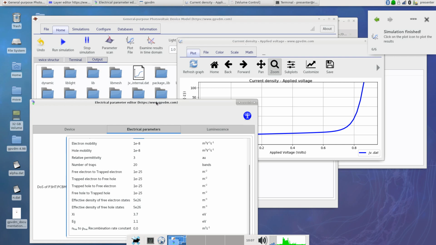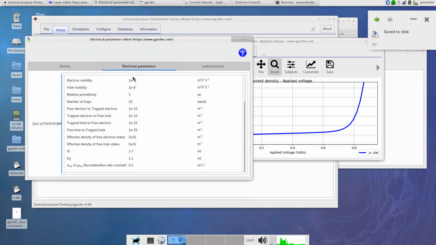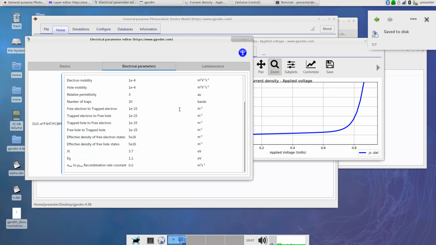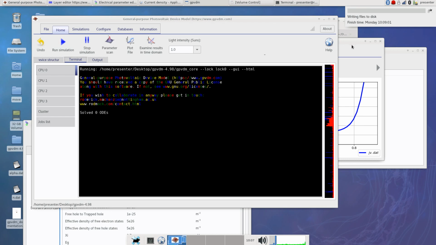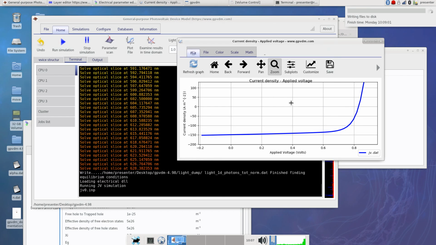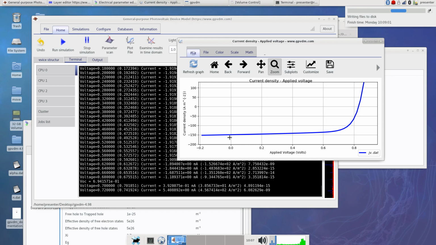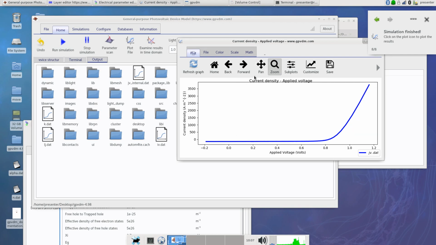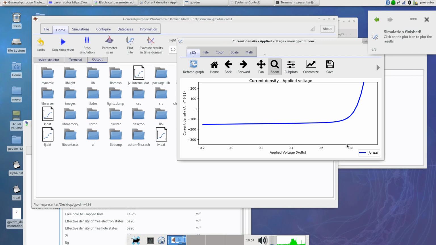So if now, for example, I change these parameters, so let's bump the mobility up by 4 orders of magnitude. Let's reduce the tail states to something really short to reduce trapping, so 30, and reduce the number of trap states here, say. I'm just trying to make it radically different so we can see a change. Okay, and then if we rerun this, we should see a change in the JV curve. So we've got JSC at the moment of minus 150 and VOC of 0.8. So if we refresh this by pressing A and then zoom back in and press the grid,